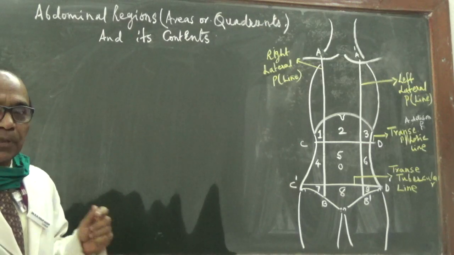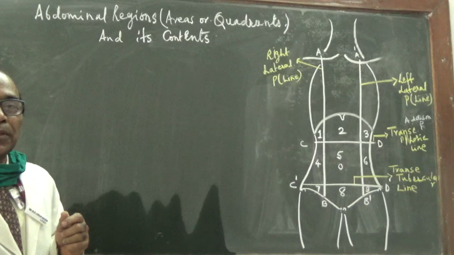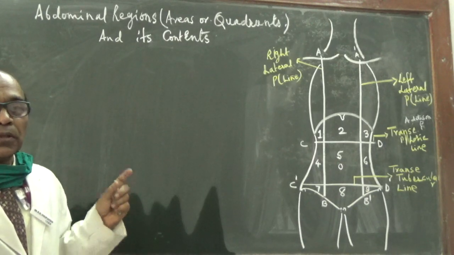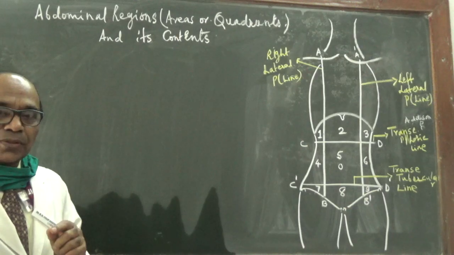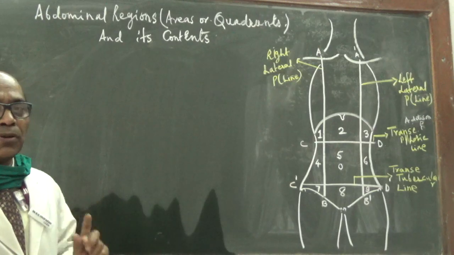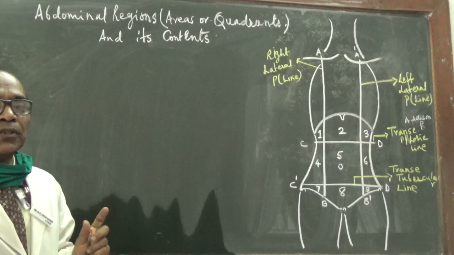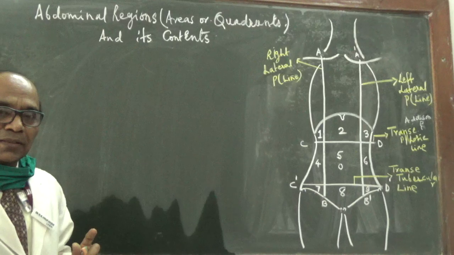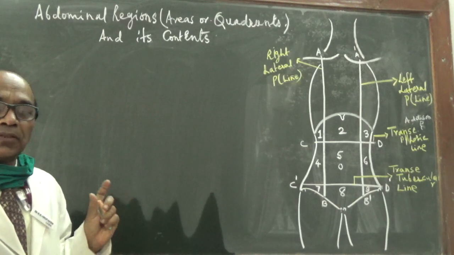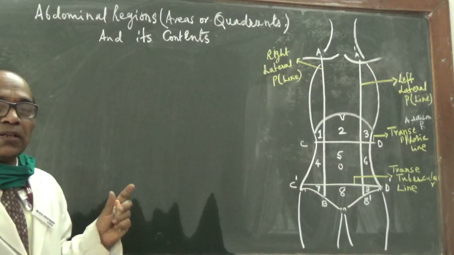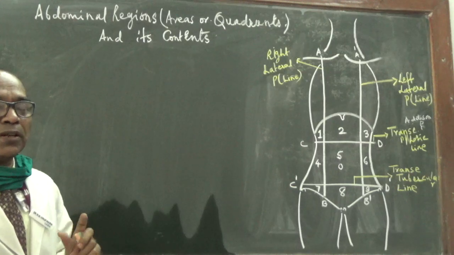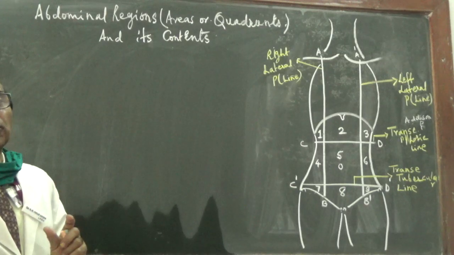Now, this topic can be divided into two parts. One is how the abdominal regions, areas or quadrants are made. Second, what those areas, or rather regions, contain inside the abdominal cavity. So let us go to the first,